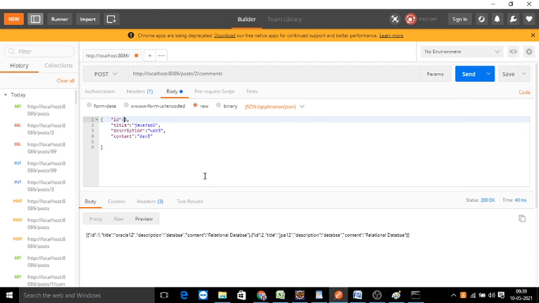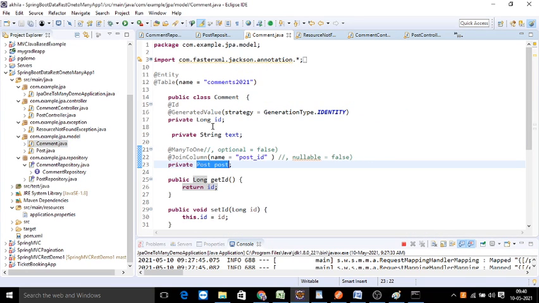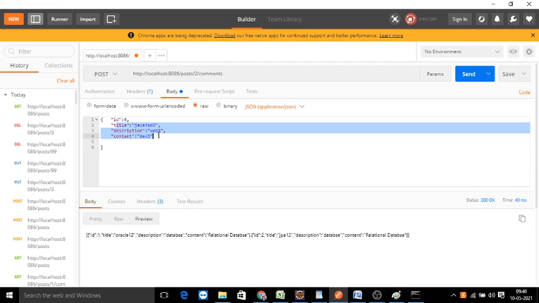So ID is 4, and for comments, what is the content we have? Comment ID, text and a post, right? So only text you need to give. So here, text colon, here you give your comment.